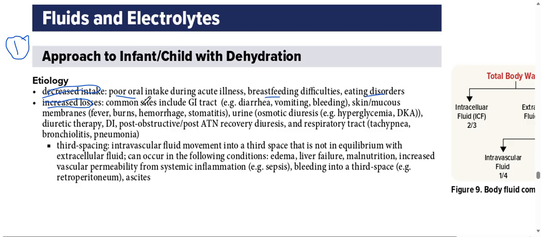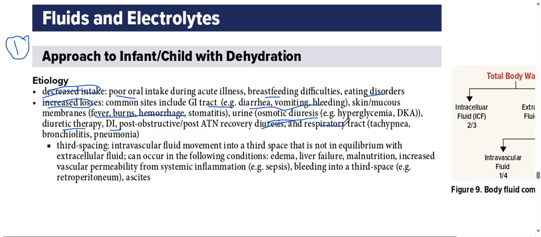Then increased losses include common sites like loss from the GI tract, like vomiting, diarrhea, bleeding; from skin or mucous membranes, like fever, burns, hemorrhage; urine, osmotic diuresis, diuretic therapy meaning certain medications, diabetes insipidus, post-obstructive and post-ATN recovery diuresis; and